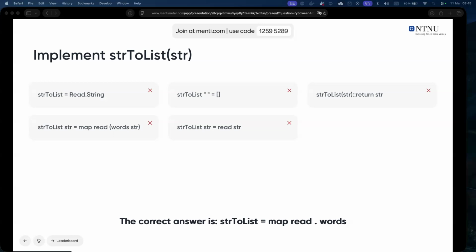Yes, we could do read string, but remember the string is 10 space 20, right? So that's our string. So read will not work because that is not a Haskell type. This is something not yet ready, right? So if we need to read, we first need to turn this into a 10